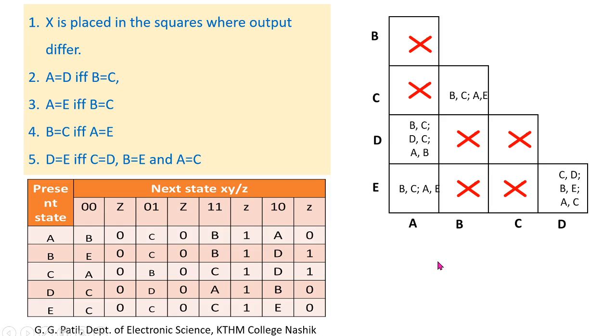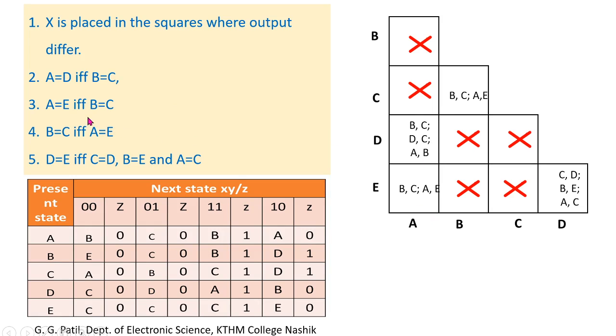So in this way, the implication chart has to be built by observing the outputs and next states. So the steps are written here. First of all, place a cross mark or the X mark in the square where outputs are different. Then check for the implied equivalent pair AD. A is equivalent to D if and only if B is equivalent to C, and the rest of the pairs